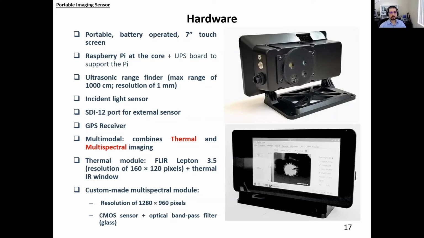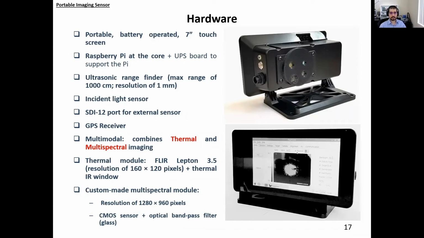There's an ultrasonic range finder integrated into the imaging system, which allows it to measure the distance from the target, which can be a canopy surface. There's an incident light sensor, which can be used for automatic radiometric calibration, an STEMMA QT port to add an external sensor, a GPS receiver,